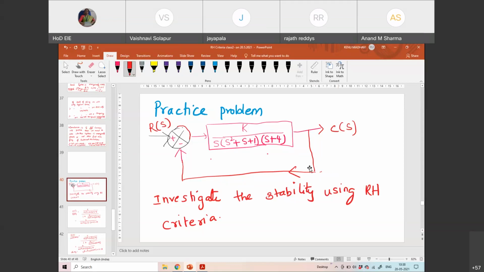So according to her, you know the transfer function of the closed loop system is G(s) by 1 plus G(s) H(s). And the denominator, which is 1 plus G(s) H(s), is nothing but the characteristic equation. So the denominator of the transfer function can give you the characteristic equation, which is what we want, right? So now, moving on.